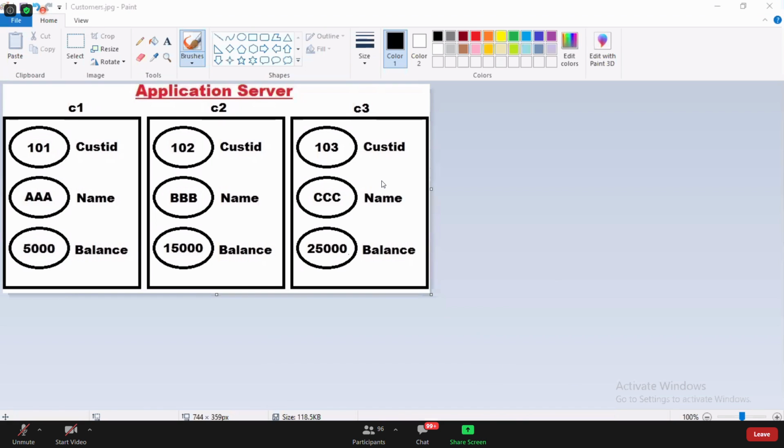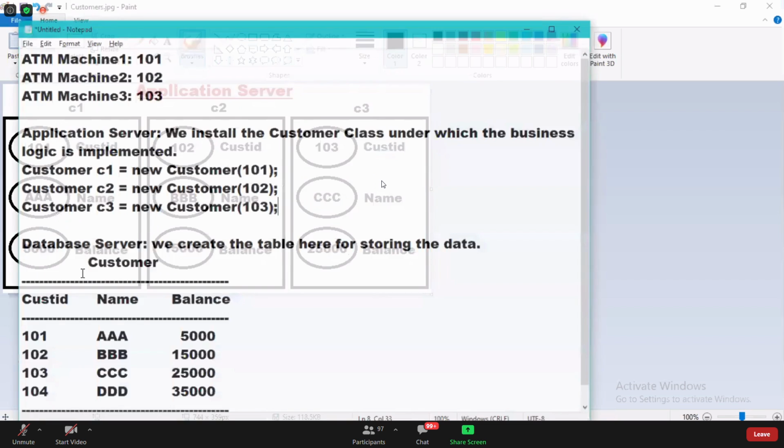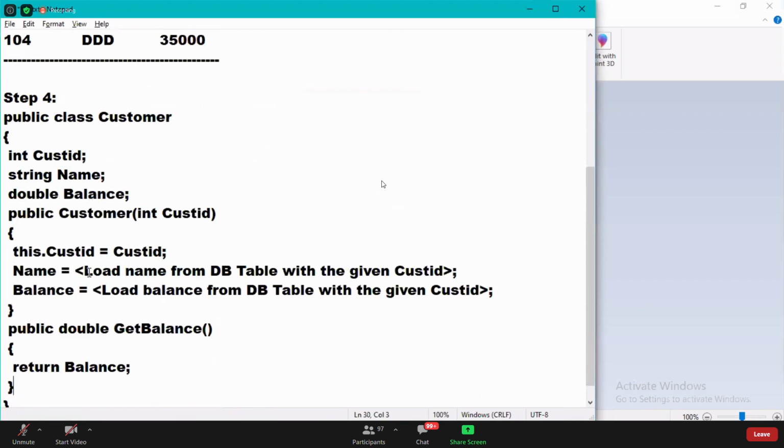Now, suppose this is a static method. If this method is a static method, how do we call it? By using the class name. Perfect.